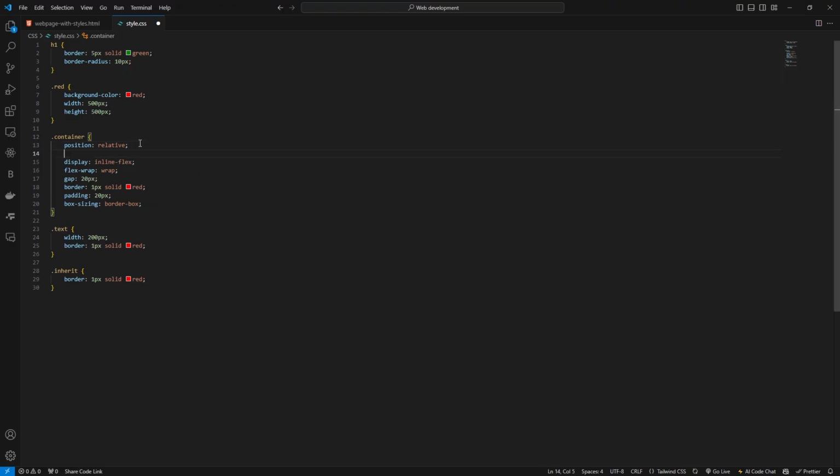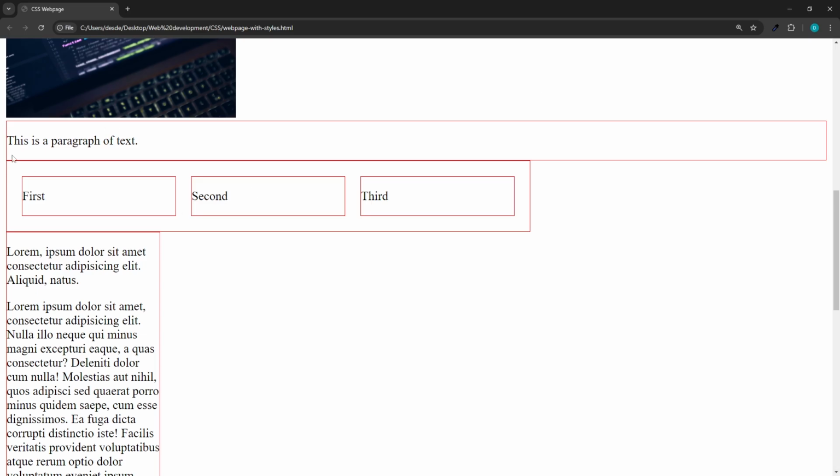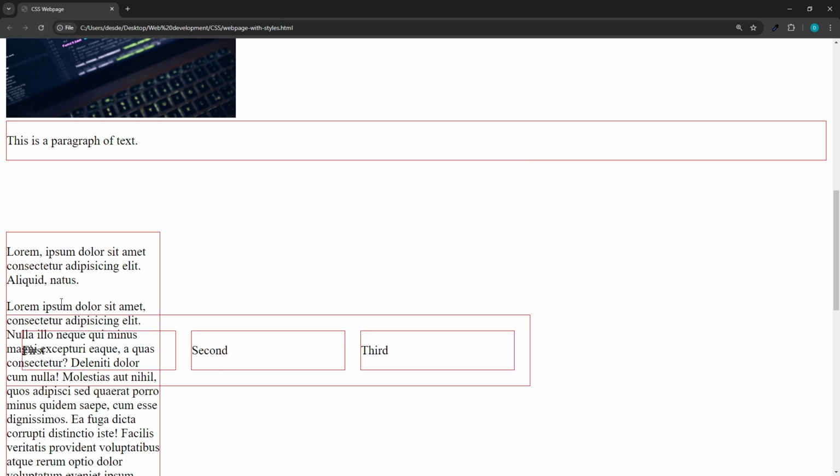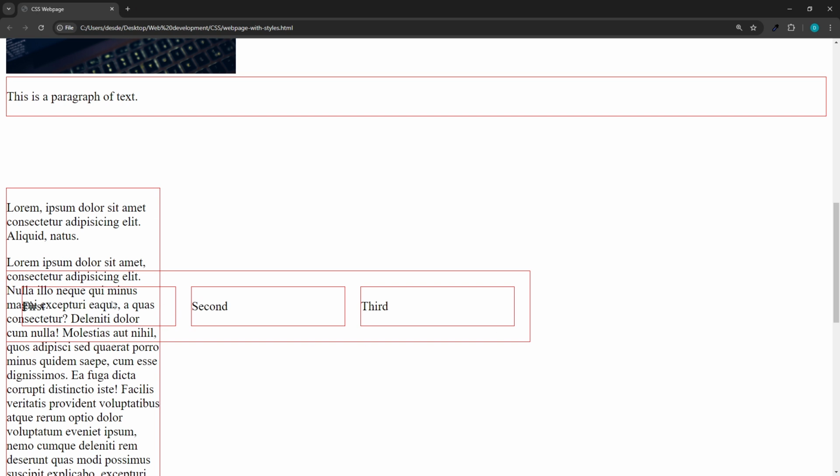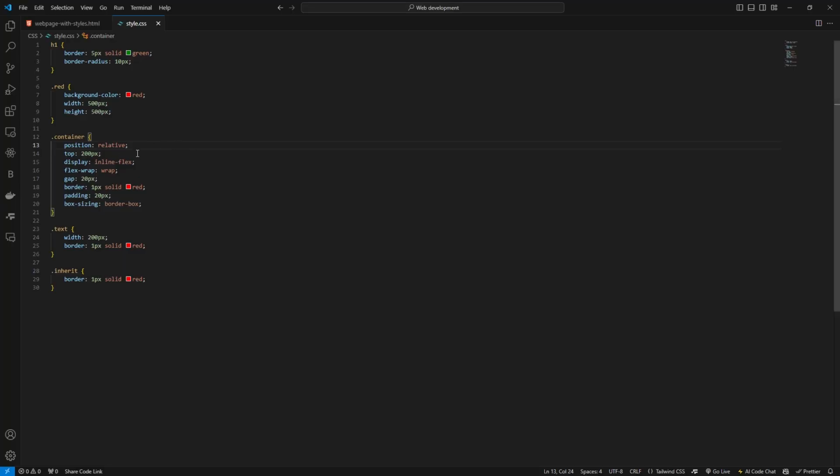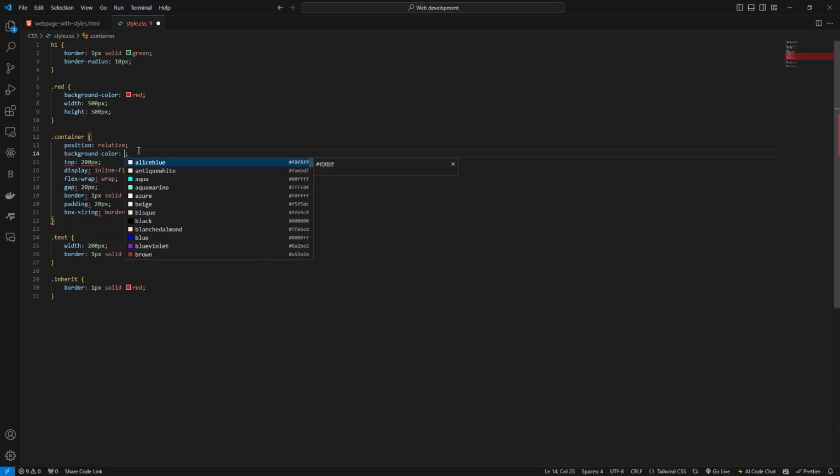if I add a top of 200 pixels, now this element will be positioned 200 pixels away from where it is originally meant to be, which is here. So if you refresh this, you can see this is the container and it is positioned 200 pixels from where it originally was. So let's say this container had a background color of blue,